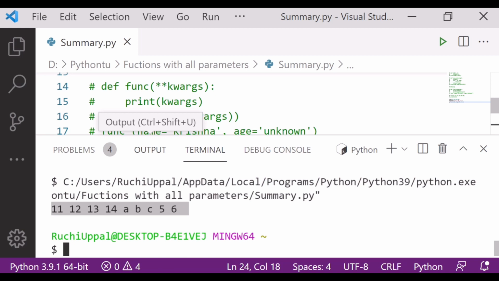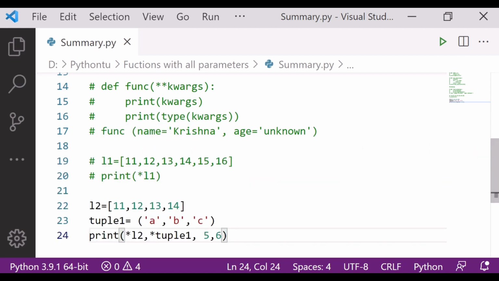Python does not allow positional arguments to follow keyword arguments. So we first declare positional arguments and then the keyword arguments. I hope this much is clear to you. One thing that I want to repeat is the order PADK that we already did in the previous video.